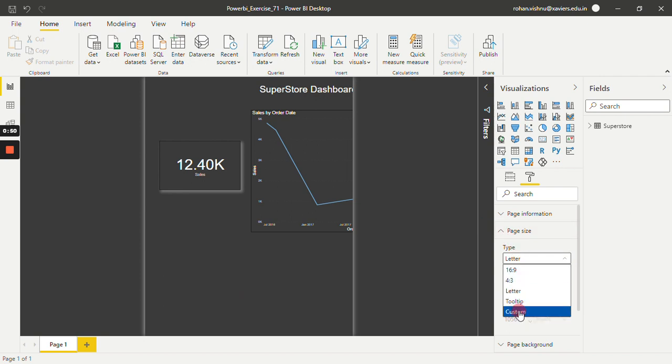There is one more option known as Custom. In this, basically, we can give our custom width and custom height to our report. So in this way we can change the